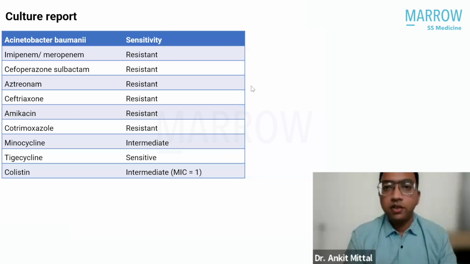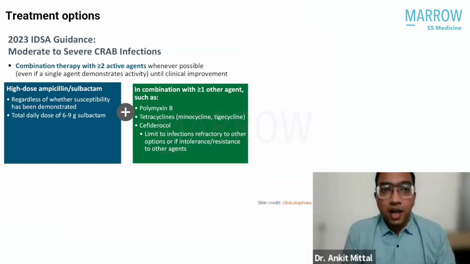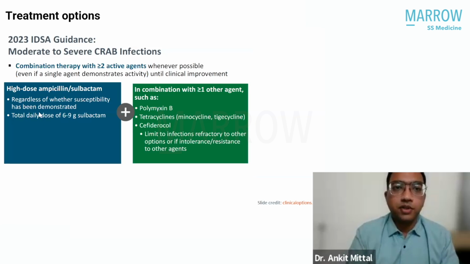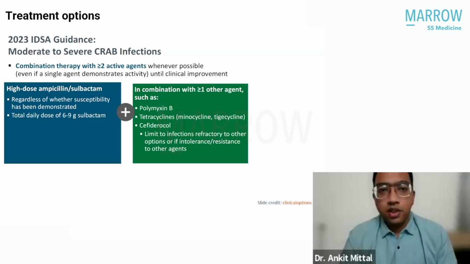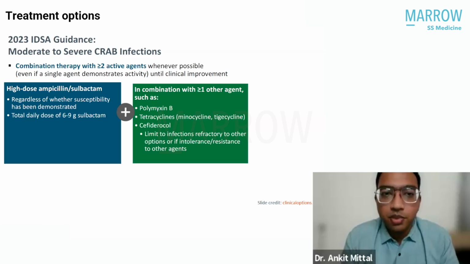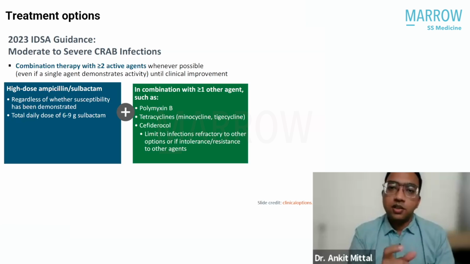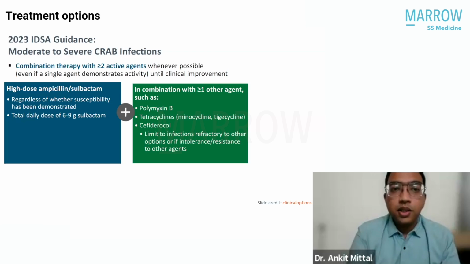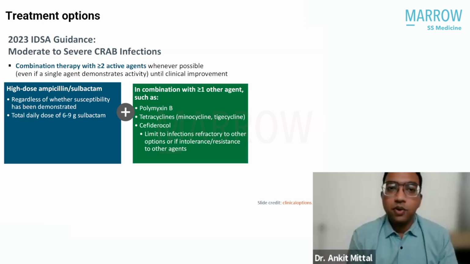Let's go back to the most recent IDSA guidelines on managing CRAB infections, or carbapenem-resistant Acinetobacter infections. The first point is we use a combination therapy with at least 2 active agents. Now, the first point in the blue box is you use high-dose ampicillin sulbactam regardless of whether susceptibility has been demonstrated. In our case, cefoperazone sulbactam was resistant. The whole point of using ampicillin sulbactam is basically for the sulbactam. So if you have sulbactam available independently, you can straight away add 3 grams TID of sulbactam for managing severe Acinetobacter infections. But you have to give it in combination with